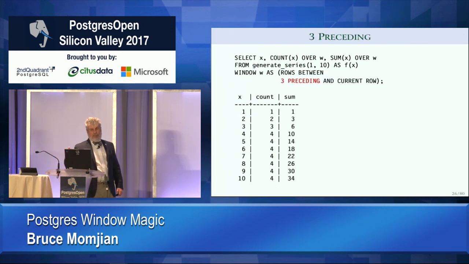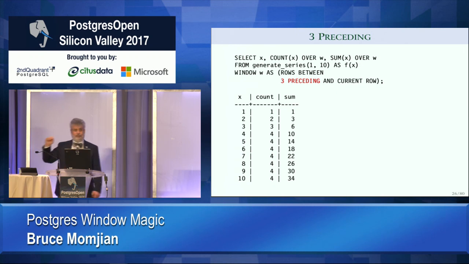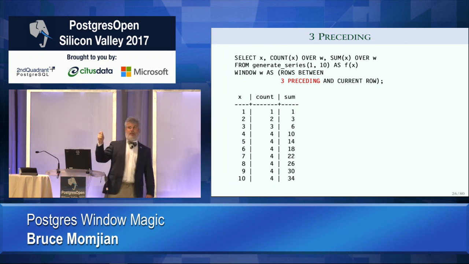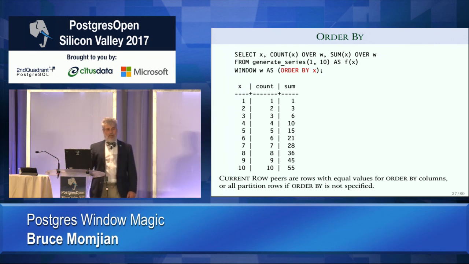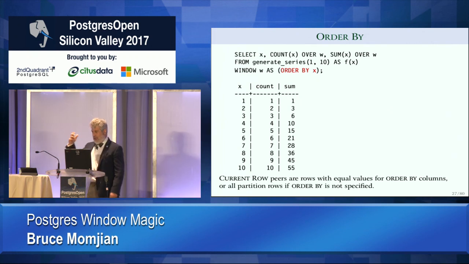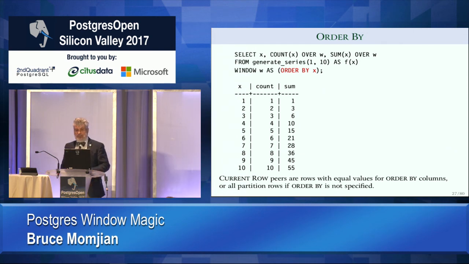Any questions? Okay. So now we're going to go into a new area, and that is order by. As you know, you can place an order by in your select query and order the results. Interestingly, order by actually can be placed inside of a window function. This is a different use of order by. Remember, order by in a select effectively orders the results. Order by in a window function orders the data set, or orders the partition. And it defines things like peers and what's equal to what and what values are equal to what values.